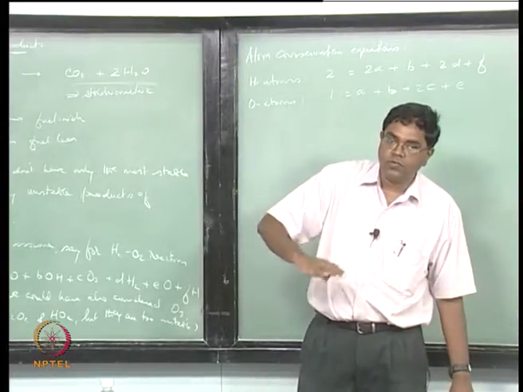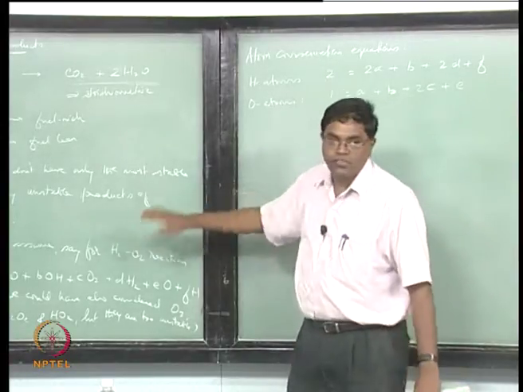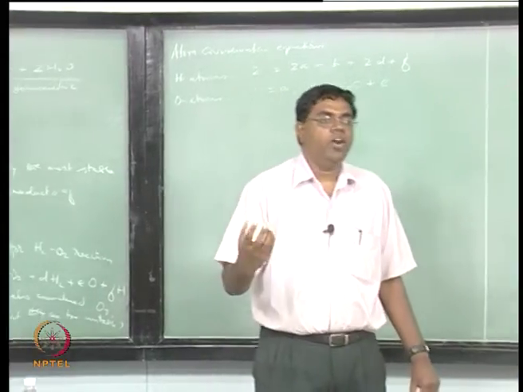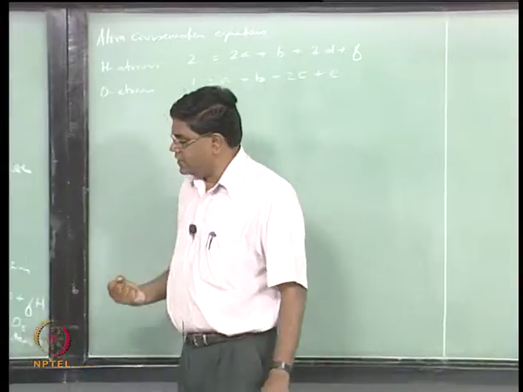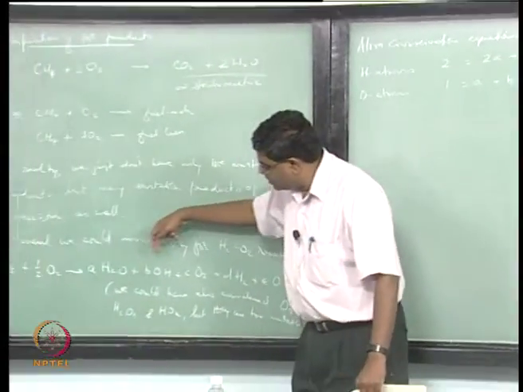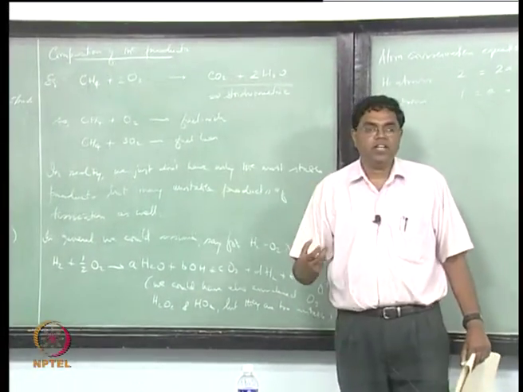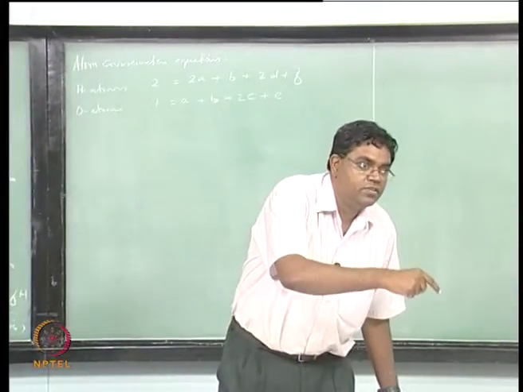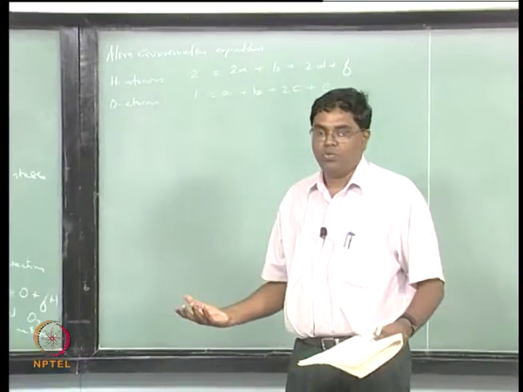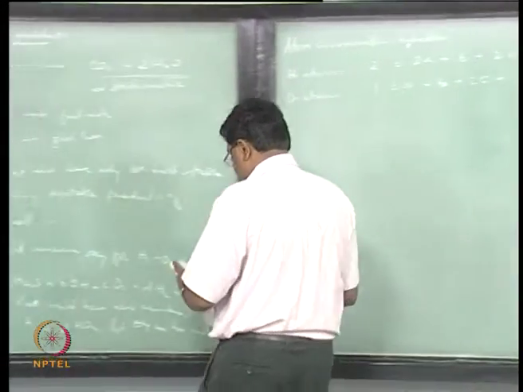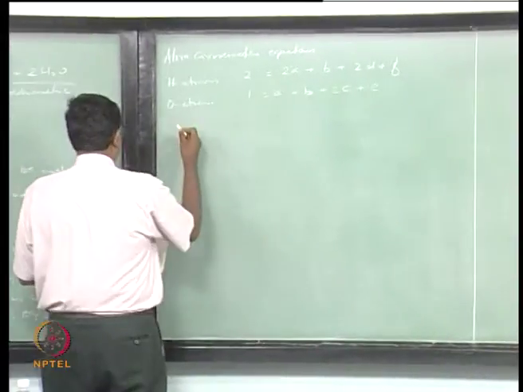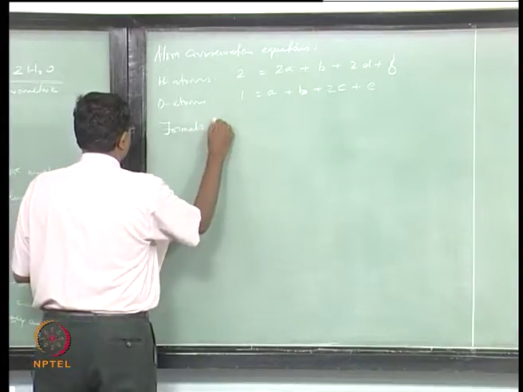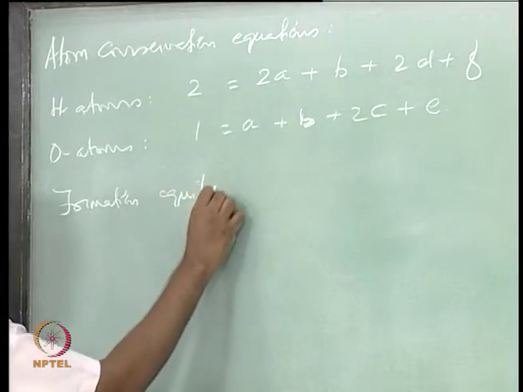It's difficult for you to say this equation belongs to that and so on, but to enumerate the number of equations that we have, effectively any product that is not a reference element is what we will be writing the hypothetical formation equilibria for, based on the reference elements. Then you will get the additional equations. So that's what we are going to do now, which is equilibrium formation equilibria